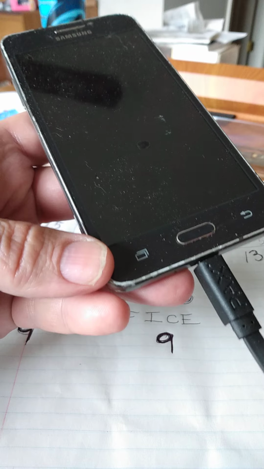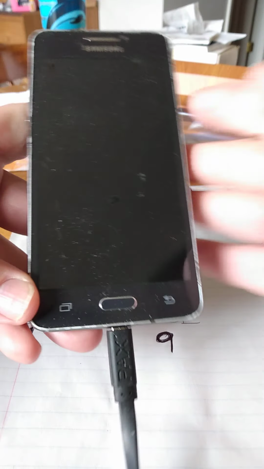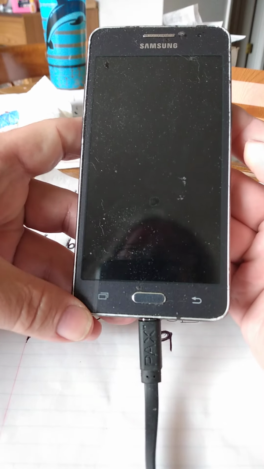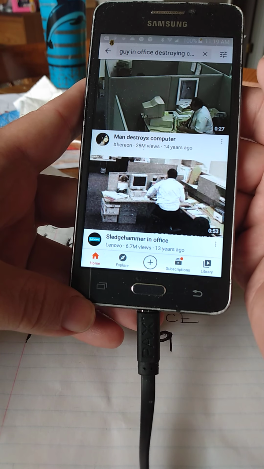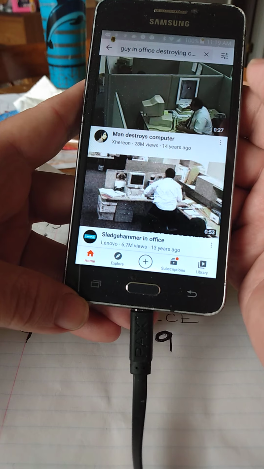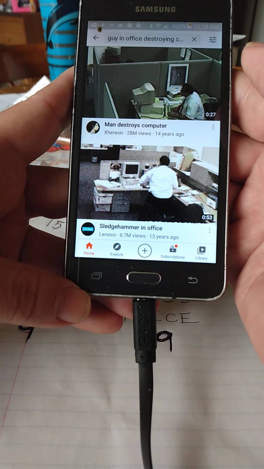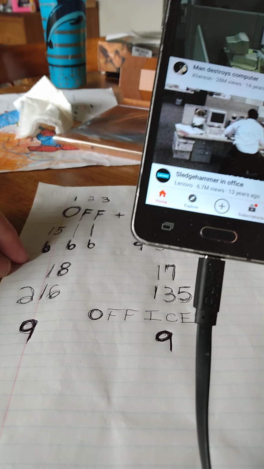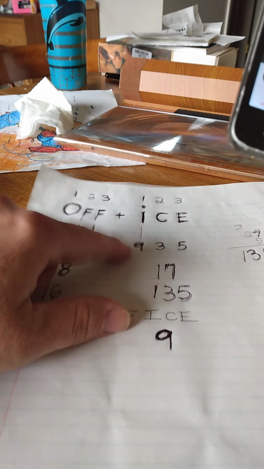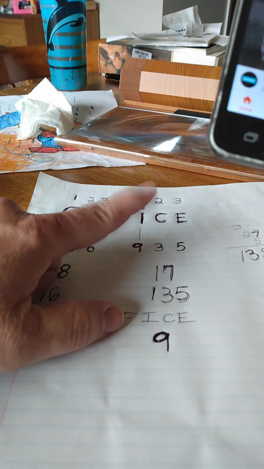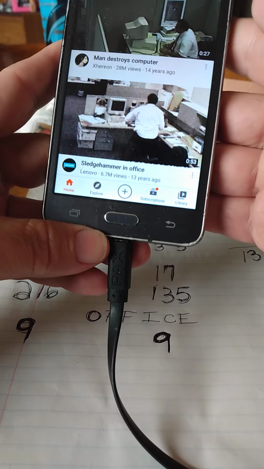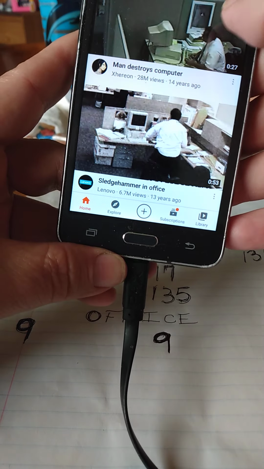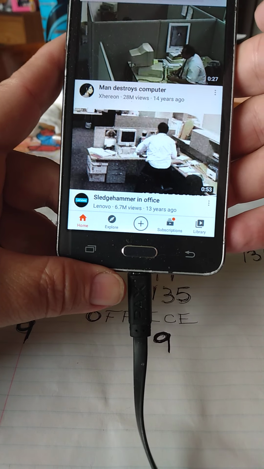Hopefully we can do this without losing my phone. Because we're going to look at what happens when you combine off and ice. This is what happens to human beings when they're put in an off ice. You know, an off is the 666 with the 398. I'm going to have to check out what the 398 is. We'll look at that then. That's interesting. I have no idea. So anyhow, let's look at this. This ought to be interesting.